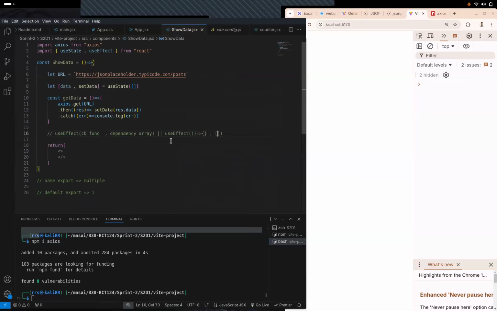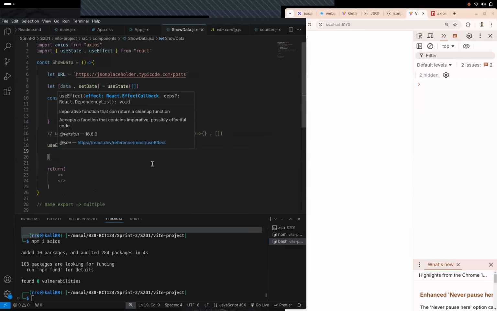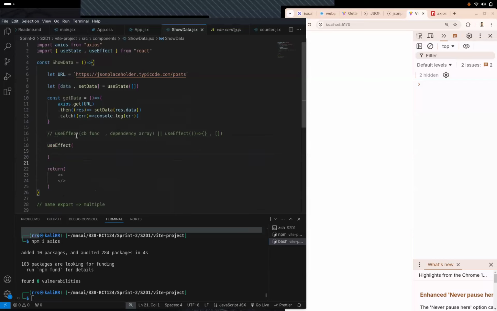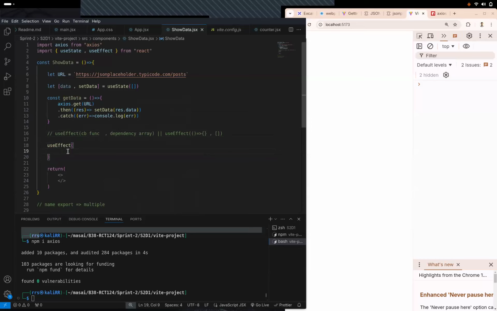What that is, we'll discuss later, first let's write that syntax. So useEffect, and inside this, I want to call this getData function. But if I want to call it, I'll have to wrap it. So let's wrap it.